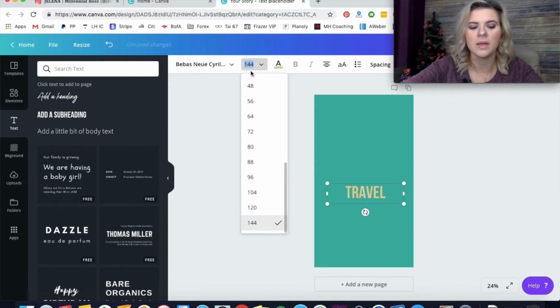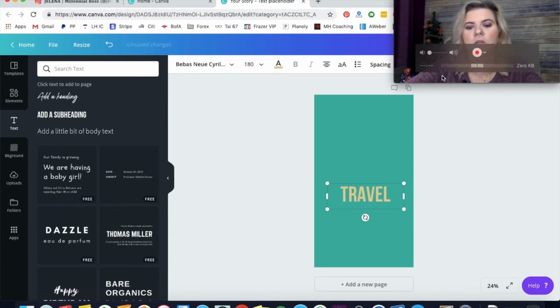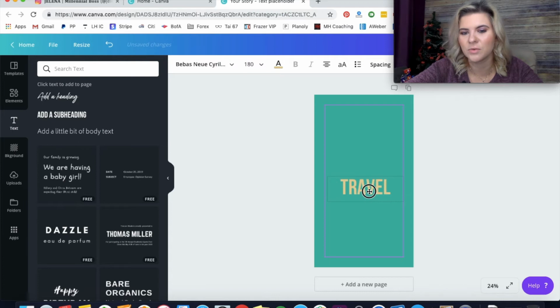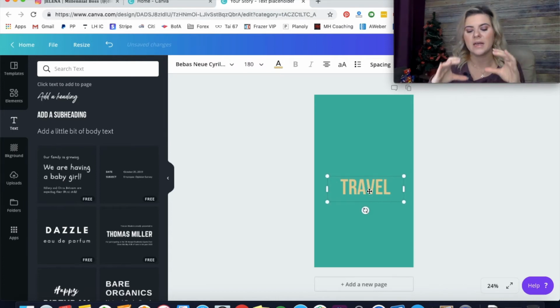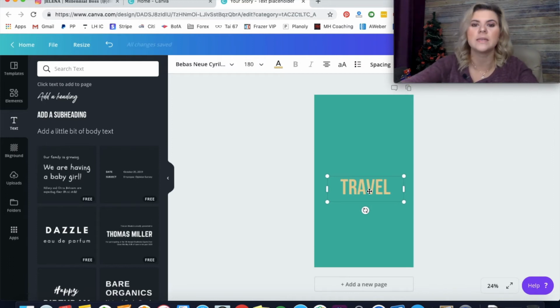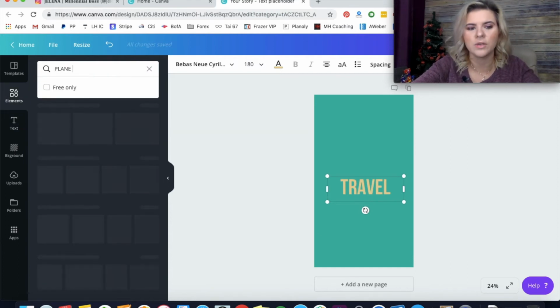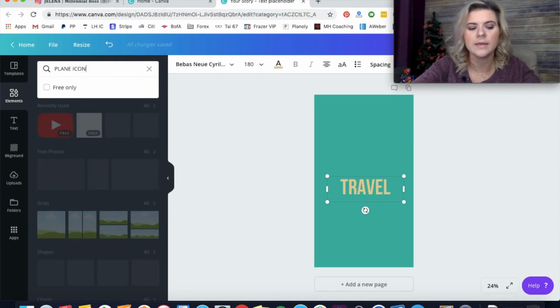Make sure that it's something that's actually going to stand out, and make sure that it is somehow centered, because you want to make sure that all the text that you're going to put is going to fit into that little circle that is seen on the highlights. And then you can add some kind of icon. Let's say if it's going to be travel, you can add plane icon and see if Canva is going to